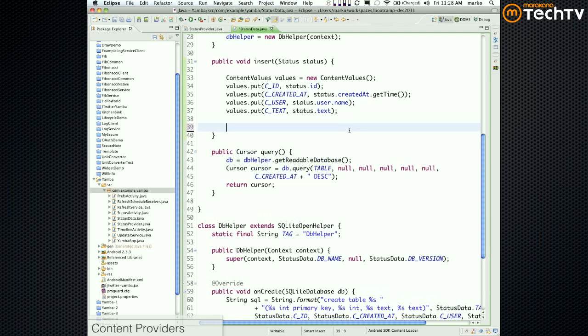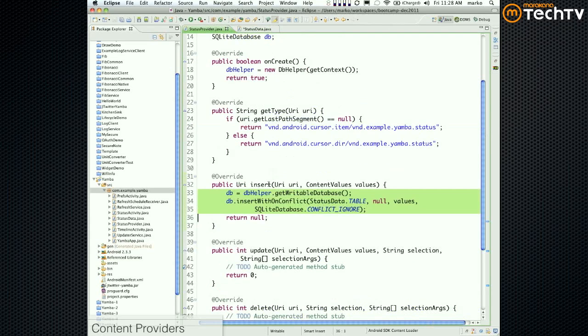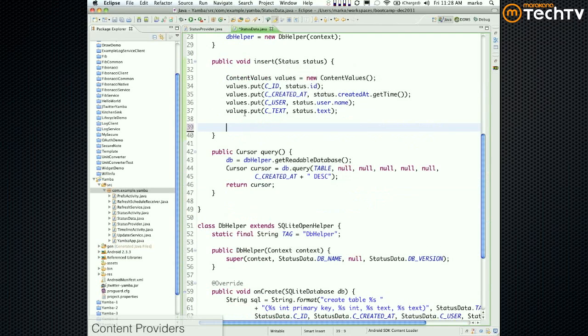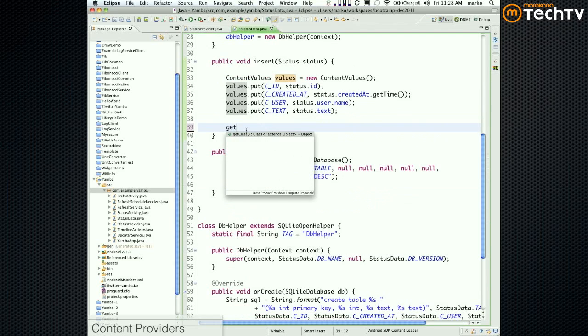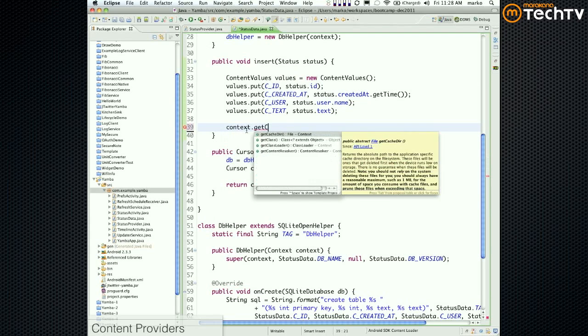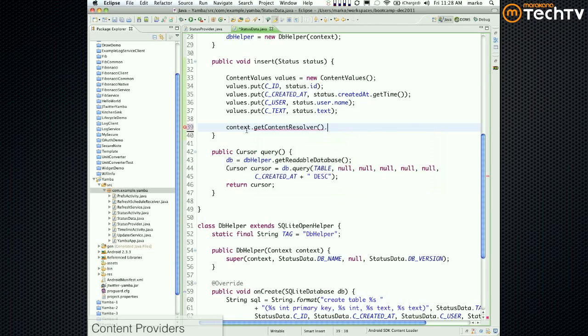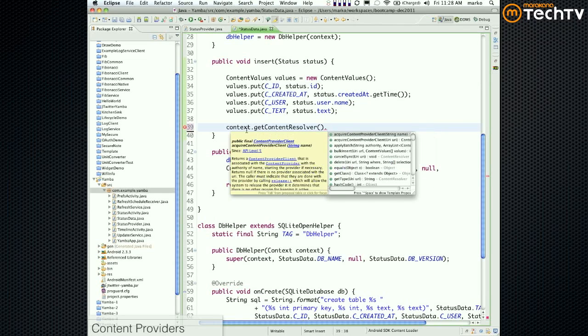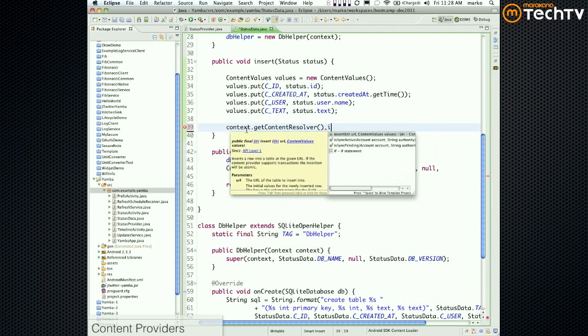So how do I now call the content resolver? Call the content provider, right? So now you have a content provider providing insert. You just need to pass it the values. We got the values, right? So that we build these values. So how do we now insert? So you can do something like this: get context dot get content resolver dot insert,